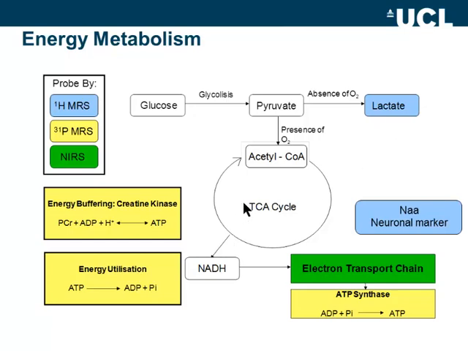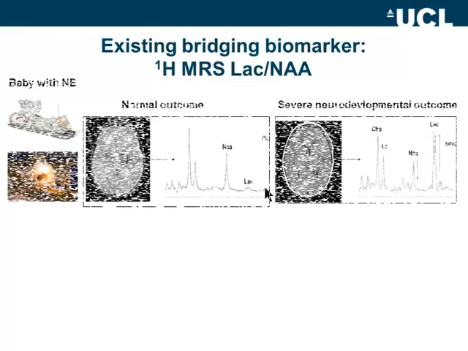All of these are a little bit in balance. If you look at our different probes here, from proton spectroscopy you get lactate and NAA as a mostly neuronal marker, and you can have some hints about choline, etc. Phosphorus spectroscopy, of course, gets you an assessment of all three, the difference between creatine kinase and ATP synthase activities, while NIRS can, in addition to blood flow, also give you some idea about the electron transport chain. I'm just going to focus on